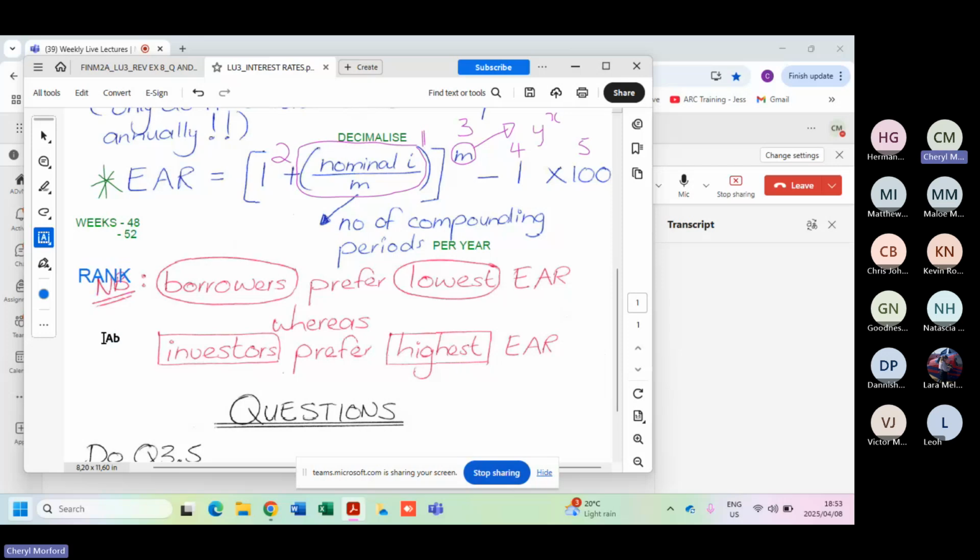So if you are earning interest, which interest do you prefer? The highest. So if you are an investor, it is going to go from the highest to the lowest. You'll simply look at the answers that you got and select the highest percentage, followed by the next, and the least preferable is the lowest one. But if you happen to be a borrower, you want to pay as little interest as possible. So the order of ranking will be different. It will go from the lowest one to the highest one. And that is all that they can ask you on this.